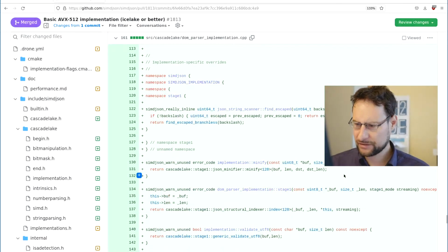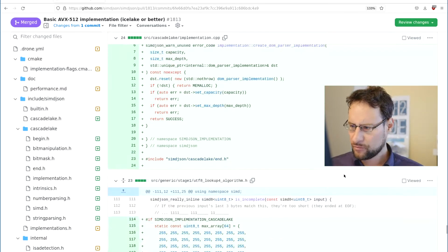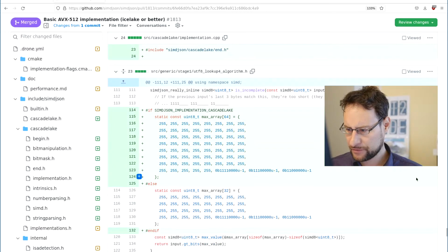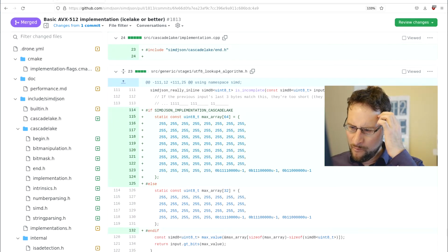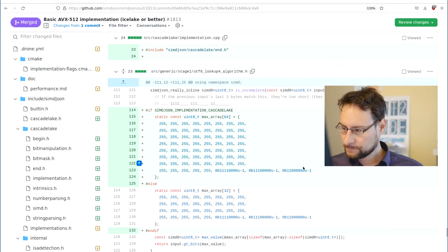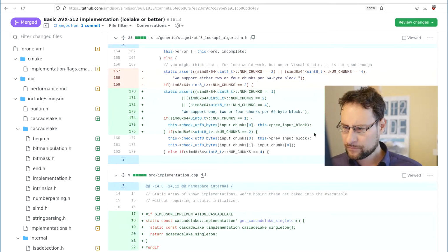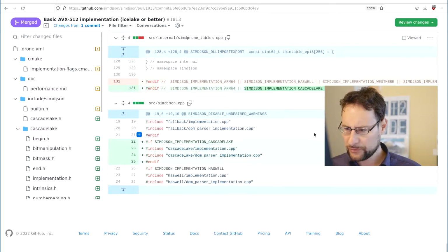Also, yeah, C++, right? I could not write more readable code. What do we have here? Max array.